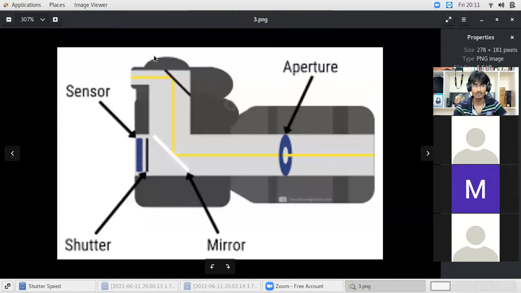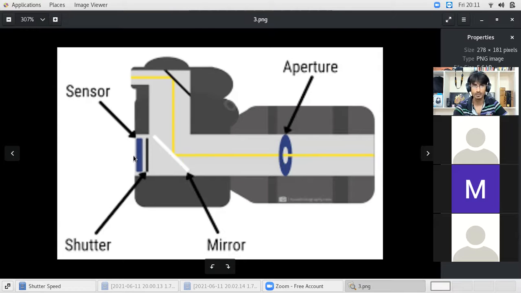When we click the shutter button, or in case of mobile we just touch it to get a photo, what happens? The shutter flips, and this particular sensor is exposed to the light, and whatever the sensor is seeing is captured.